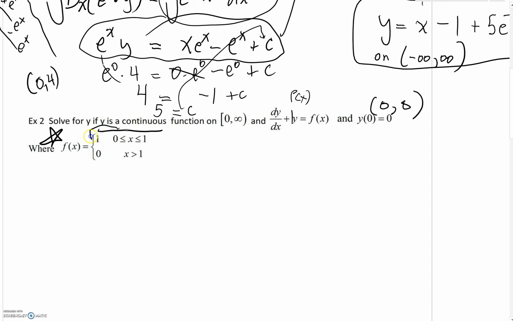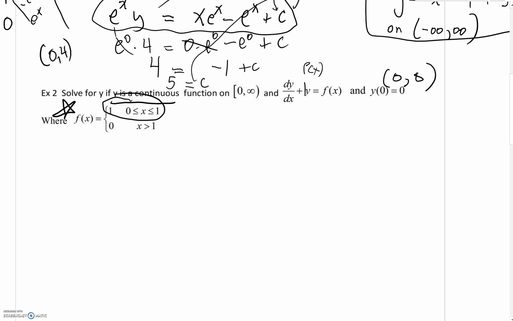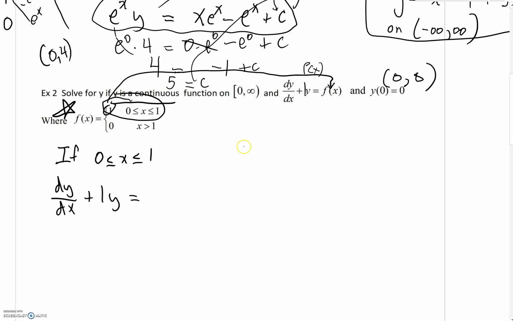So, look, let's just say that f of x could be two different things. We have to really pay attention to this assignment. If x is between 0 and 1, your f of x is equal to a 1. So we'd get dy dx plus a 1y equals, well, f of x is just a 1. Now, your integrating factor